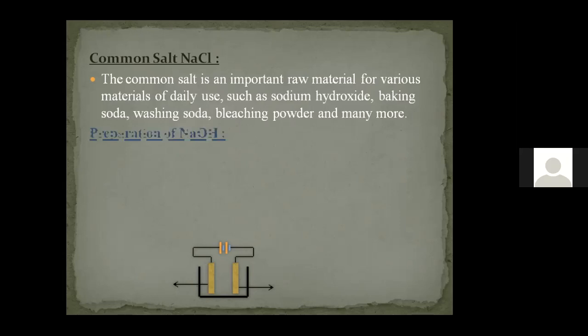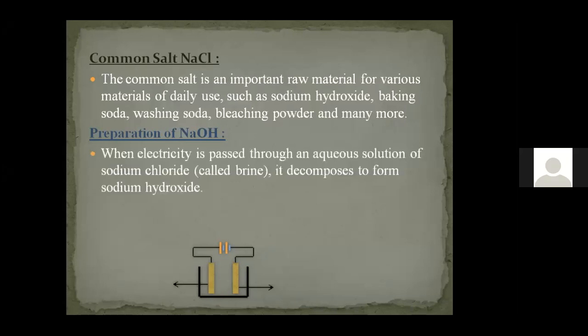So how can we prepare this common salt? The common salt can be prepared from seawater. The seawater will be collected and subjected to the evaporation process, leaving behind the sodium chloride, so we extract the sodium chloride. From that sodium chloride, we now prepare one more important chemical, called sodium hydroxide. How can we prepare sodium hydroxide from sodium chloride? First, what we have to do is use electricity.